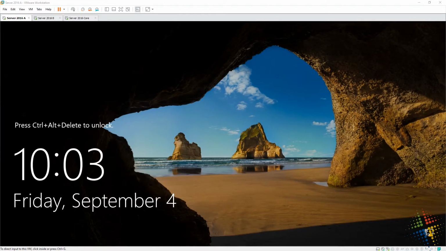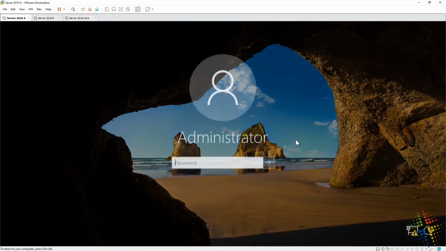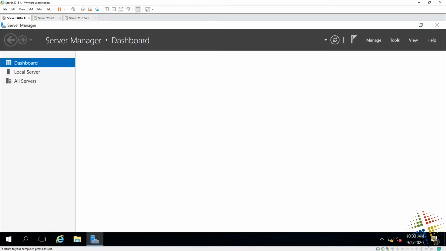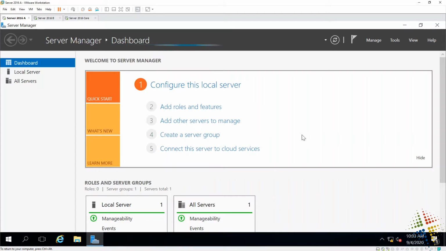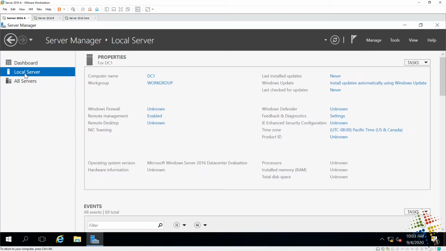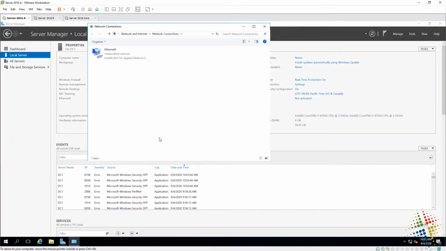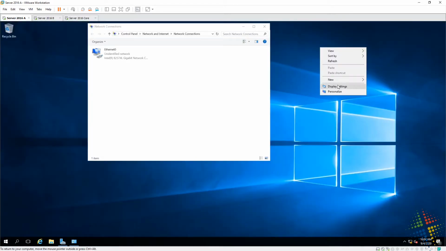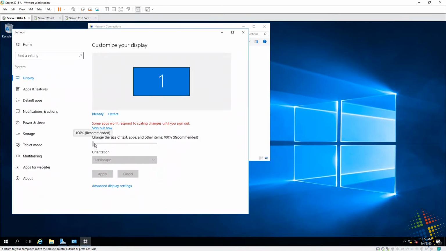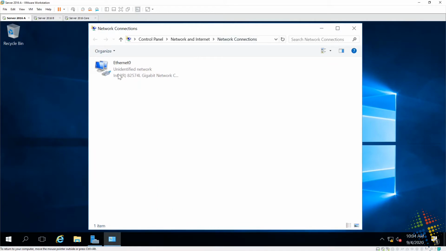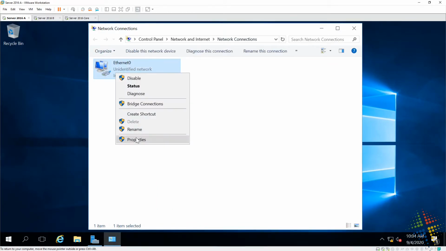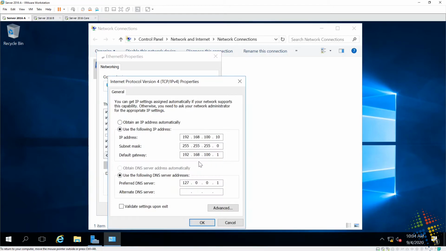So I have here my domain controller, and the very first thing I'm going to do is go ahead and log into it. Under Server Manager, I'm going to first look at the network properties. So under local server and the IP, Ethernet 0. Excuse me, let me make that a little bit bigger. There we go. So we'll check out the Ethernet properties, and we will see that I have an IP address,